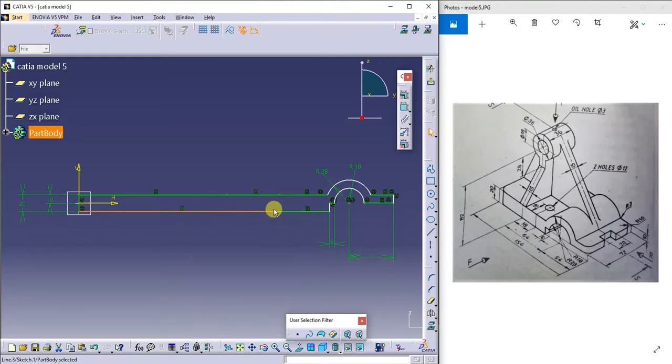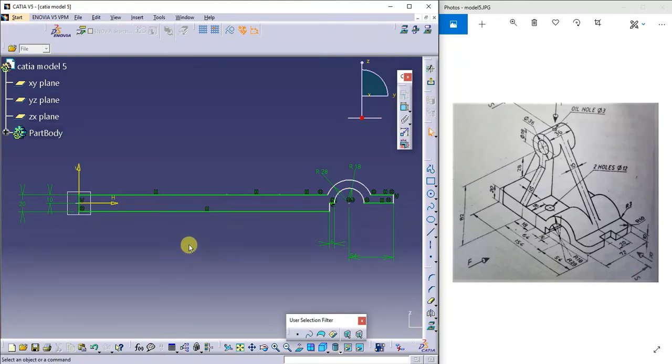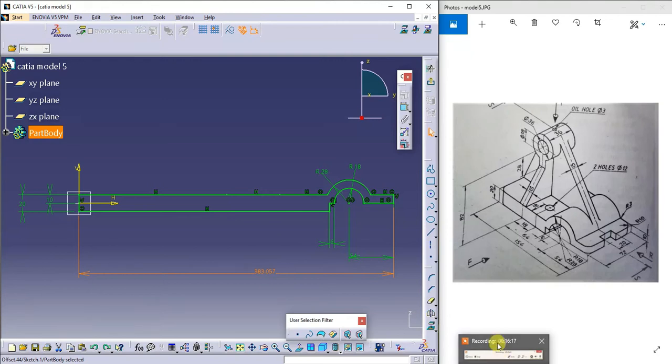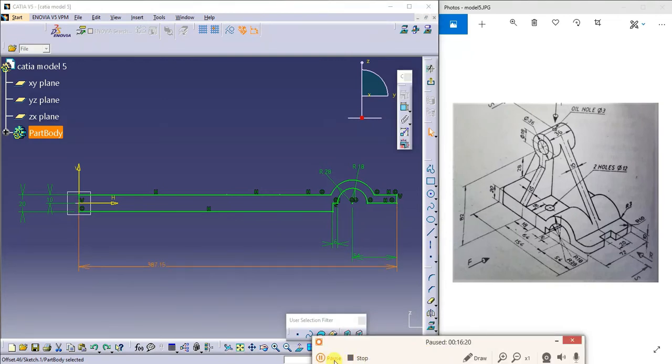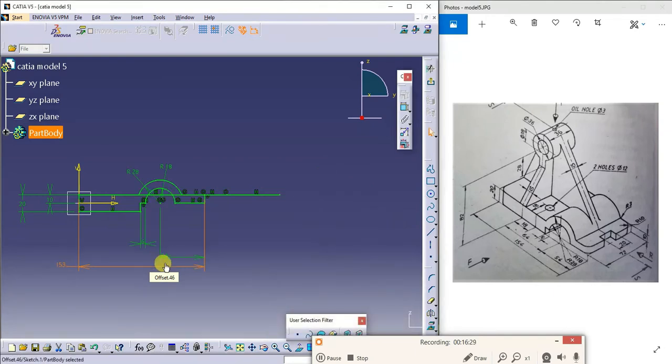I'll delete these two lines. No. If I try to change this dimension, it is not changing.